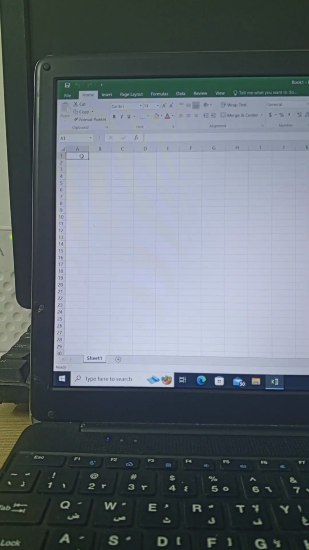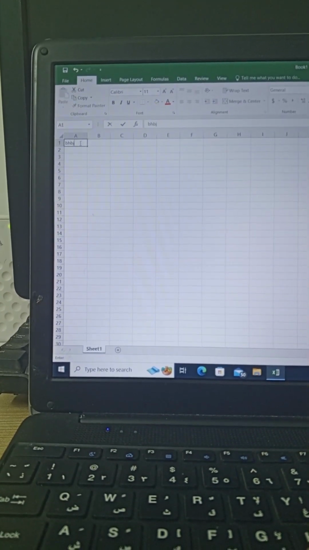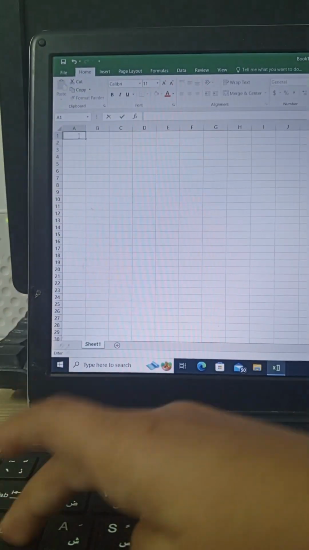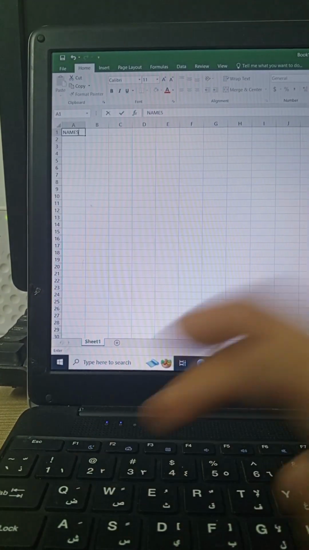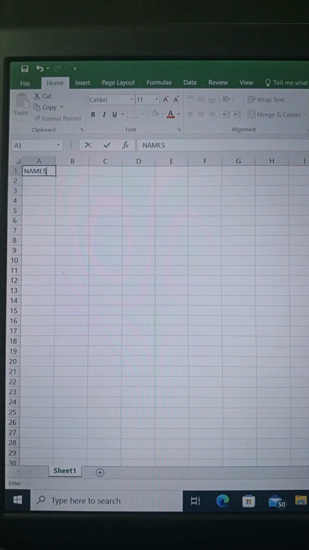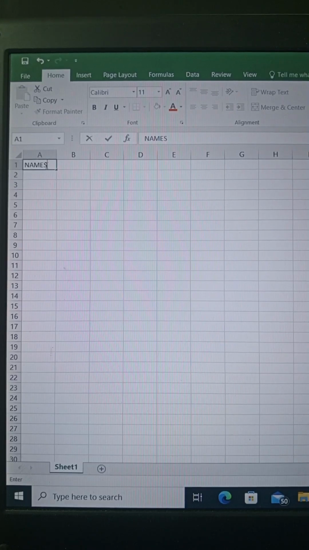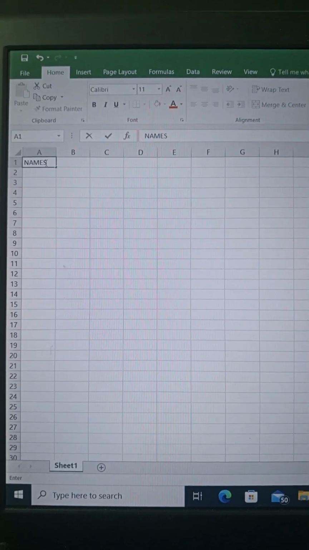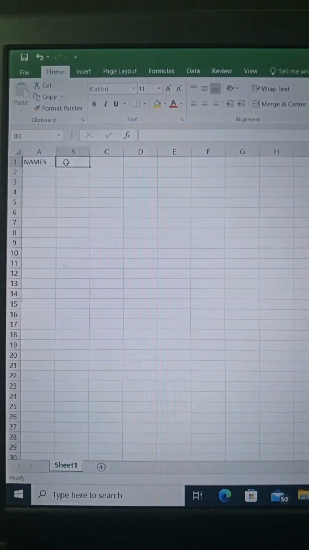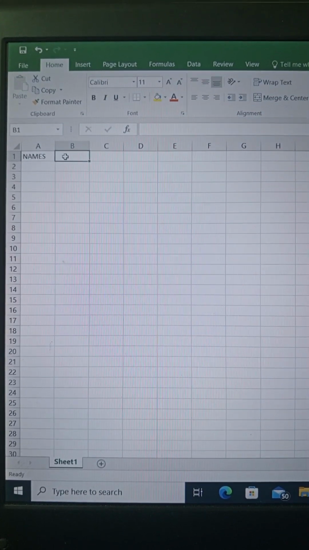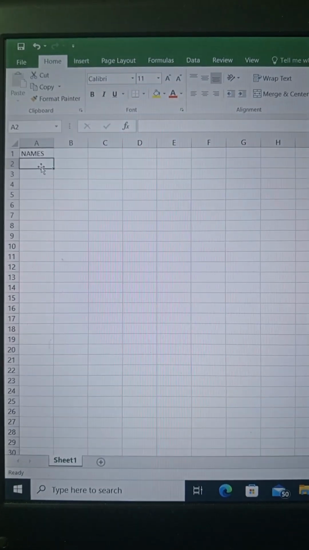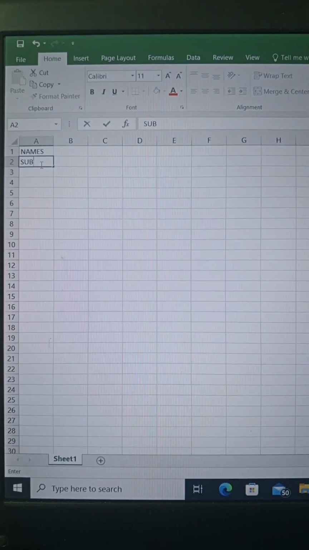Now in Excel, you can either write the particular thing. For example, this is just for instance, if I write names over here, and then like this, enter the headings and make a chart. Or I can put the names in a table. Now in Excel, you can use any of the options you want. You can either write the table, type the names yourself, or you can insert a table